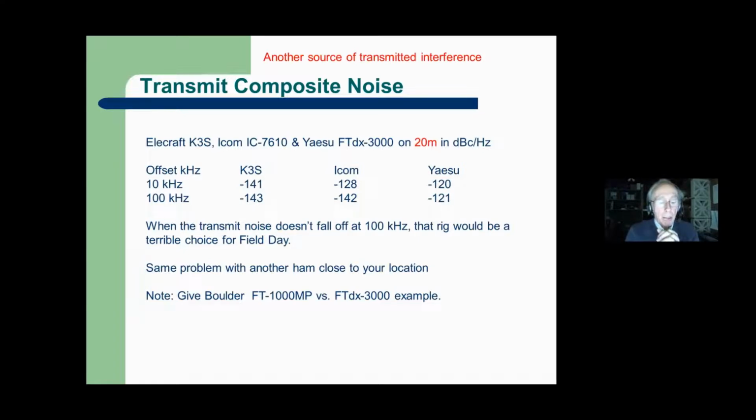In Boulder, Colorado, there's a ham up on the foothills. So he's at about 7,000 or 8,000 feet, I think 7,000. He's overlooking the entire city of Boulder. He used to have an FT-1000MP, and he never caused any problems. And he happens to like 15 meters, and a friend of mine also likes 15 meters, and they didn't bother